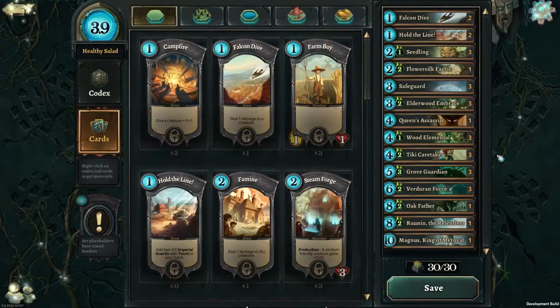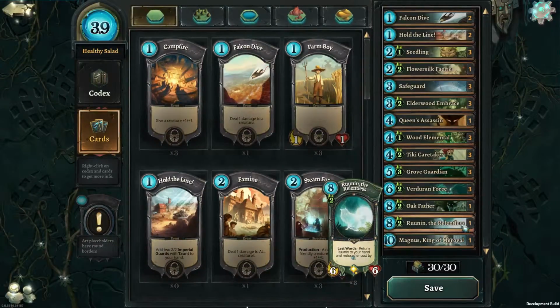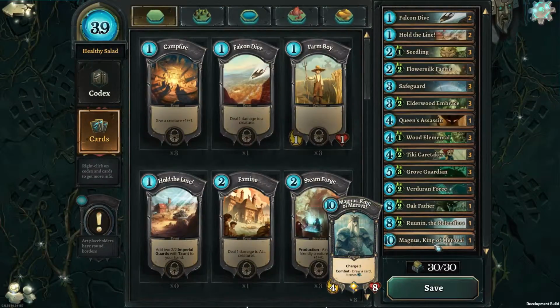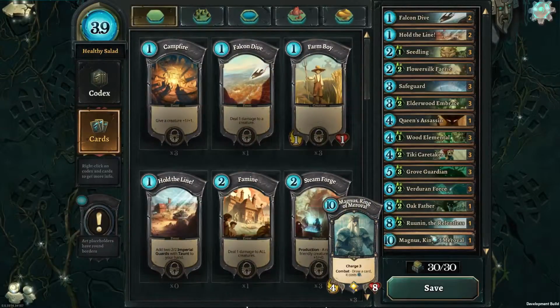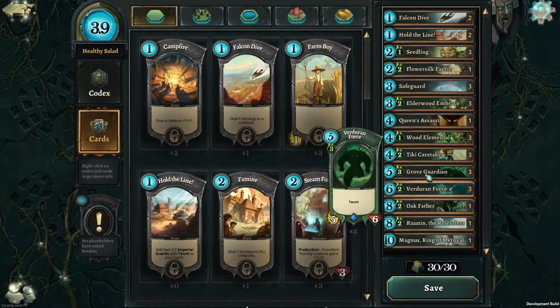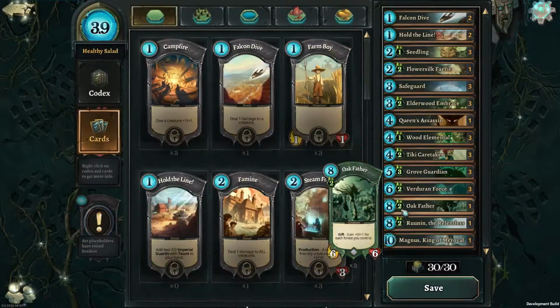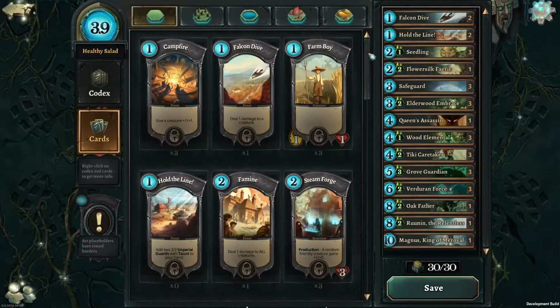We're here to play another game and I thought we'd try a newly constructed green deck. Now I was lucky enough when opening the card packs to get a few legendary cards. I got Ruin the Relentless and I got Magnus, King of Maravel. And I thought I'd try to build a green deck centered around these two and a few other really expensive cards. So the bulk of the damage in this deck will come from these expensive cards, and the cheap cards